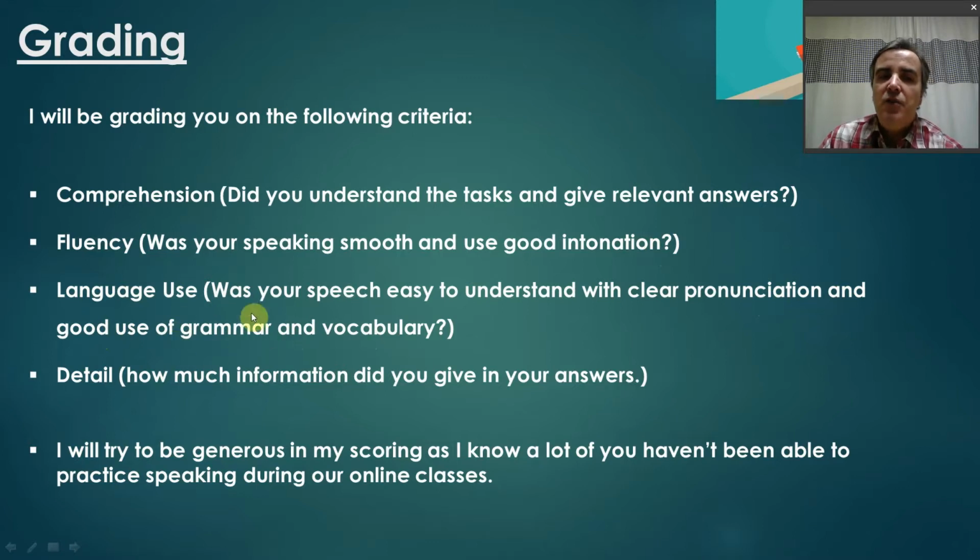Well, in part two, I'm really looking for you to be using formal English. In part three, I'm looking for some good vocabulary about the items in the room and good grammar using your prepositions. And finally, detail. How much information did you give in your answers? If your answers are just very, very basic, short sentences, maybe not so good, but if you give a lot of detail in your answer,